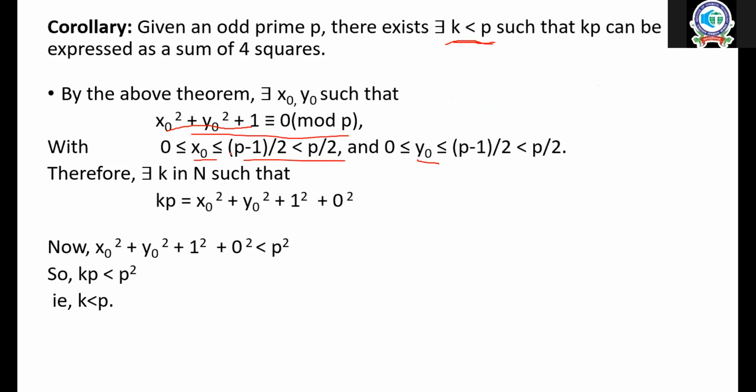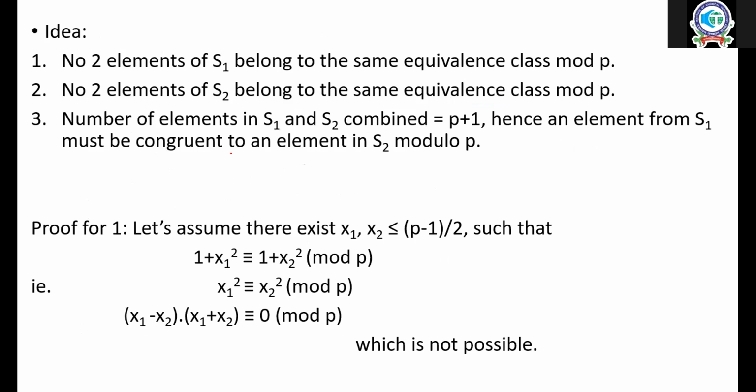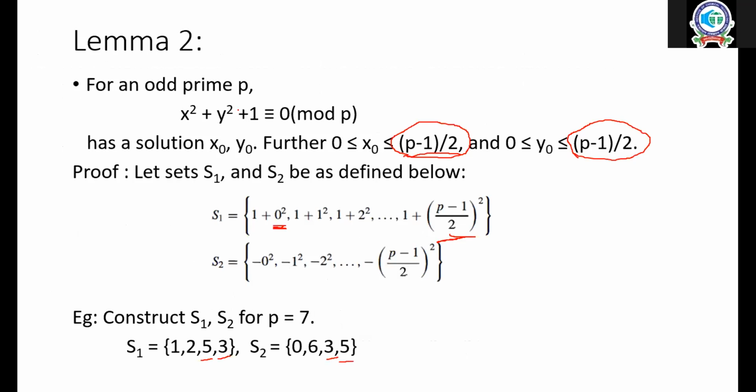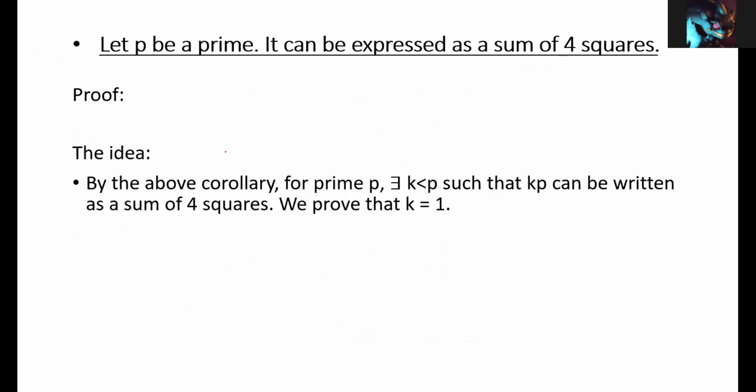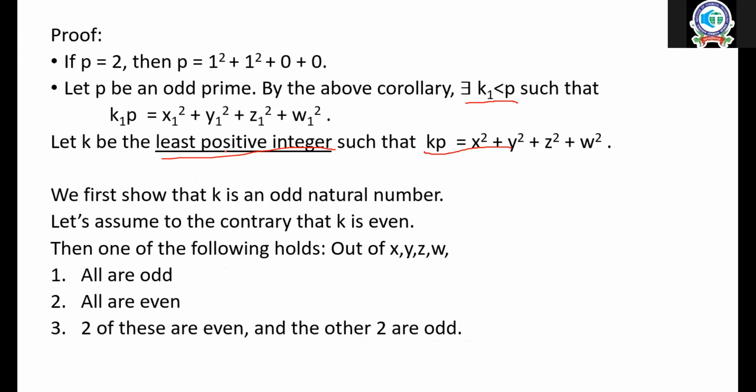Someone can come up. Why does such a least positive integer exist? We already know they exist. From that, how do you show there is a least positive integer? Well ordering principle. Yeah. Okay. Fine. By the well ordering principle, there exists a least positive integer such that we have this.